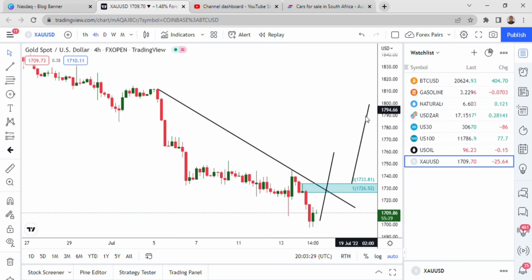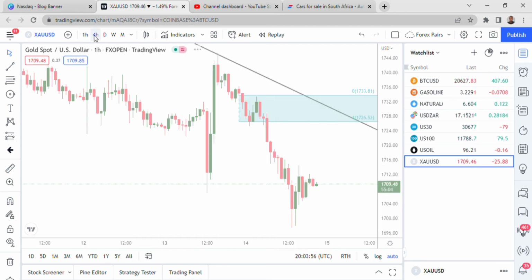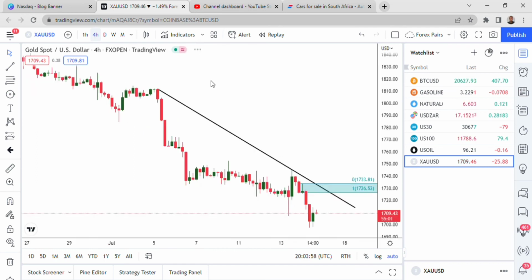So those are the things that you can look out for on gold. If you don't get reasons to go long, then you don't have trades, even as much as the price is inside the monthly area of support. But if it gives you reasons to go long, you can go long and target the opposing structures and wait for the price to maybe break those opposing structures. See, even on H1, you don't have any reasons to go long. So I would say just end at H4 because that's where the price looks a bit nicer than H1. So look for reasons to go, but it's probably going to be next week.